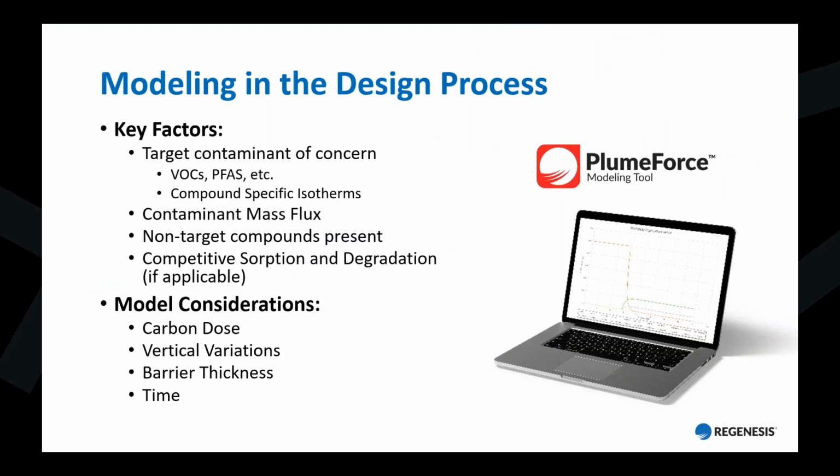Well, we have a proprietary model that we developed that's used to put these designs together. So the inputs for this are going to be your contaminants of concern. It could be PFAS, but other contaminants that may be present could be VOCs, PHCs, or even TOC. And we have compound-specific isotherms. But another key component is obviously going to be groundwater velocity, or what your contaminant mass flux is. So we're going to take a look at what that information is to put together our design.